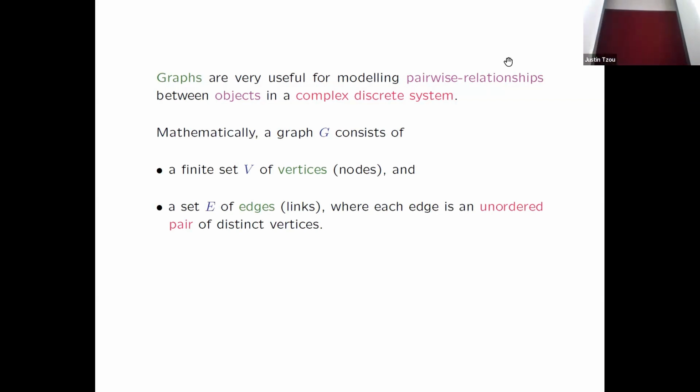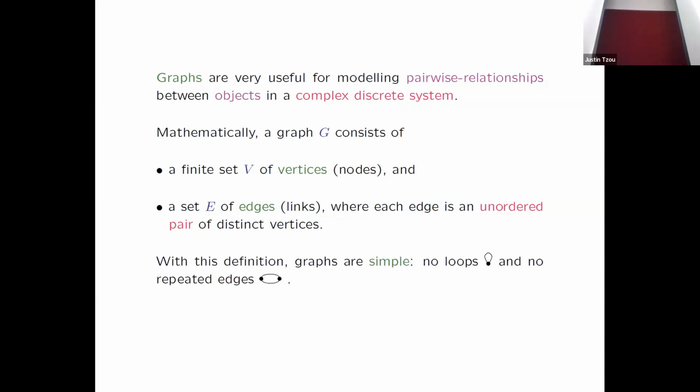Okay. I'll give you a definition of a graph. So mathematically, when I'm thinking mathematically, I'll say graph, and when I'm thinking applications, I'll say network, but they really mean the same thing. So mathematically, a graph consists of a finite set of vertices and a set of edges, and each edge is an unordered pair of vertices, so a set of 2 vertices. With this definition,